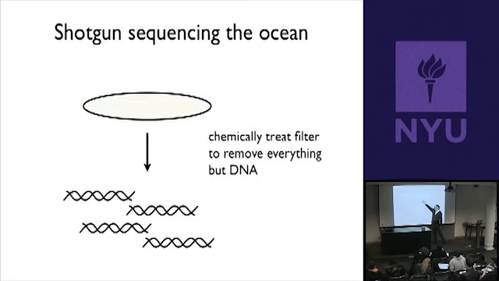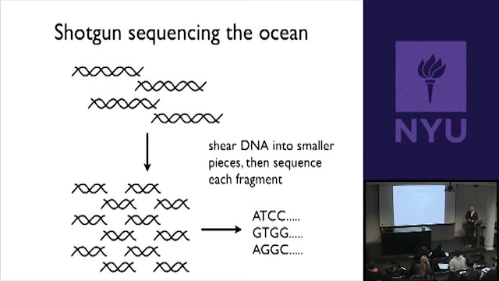Now that DNA comes from every single organism that was attached to the filter. It's not just one pure culture of a particular organism, but any organism that was in that 1,000 gallons of seawater is now attached to that filter. Okay? So then what you do is you treat it as if it were the human genome. You break it up into small pieces, you clone each of those pieces, and then you get the sequence of each of those pieces. So you get many, many, many reads of A, T, C, C, blah, blah, blah, whatever. That's a piece of DNA that came from one of the organisms that was attached to that filter. Okay, does that make sense?